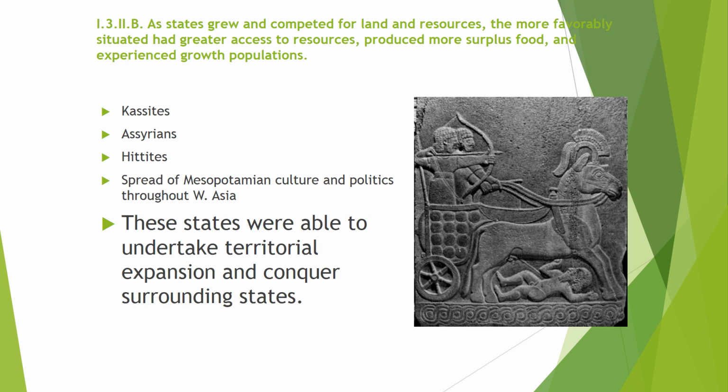And they are going to be able, with that spread, that expansion, that aggressiveness, to not only undertake territorial expansion, but they're going to try to conquer the surrounding states. Sometimes that brings Mesopotamia in direct conflict with places like Egypt, for example. And so that is a relationship that is going to be shared. If you look at the picture from the previous slide later on, you can tell they're not too far away from each other. They don't know each other exist, and there is some overlap in time.